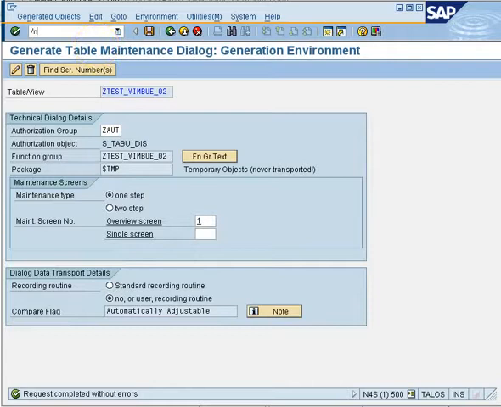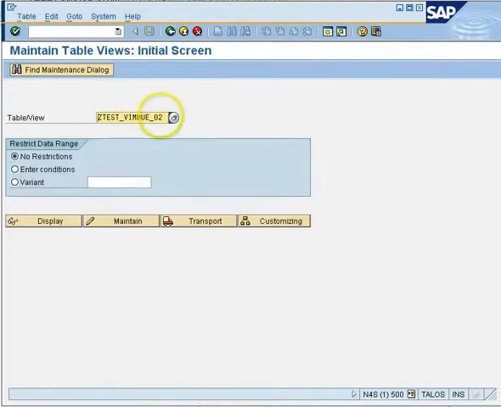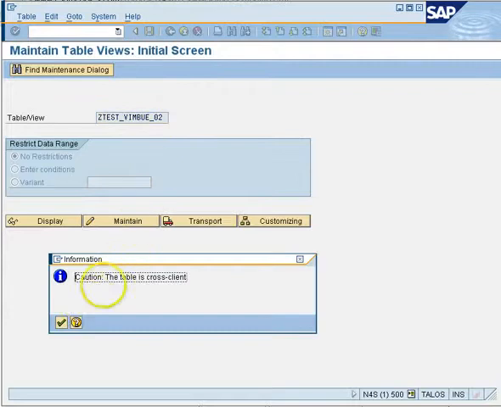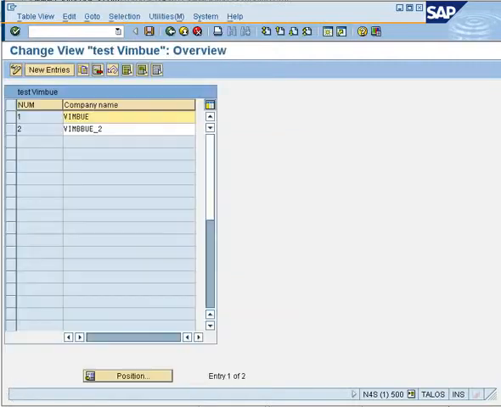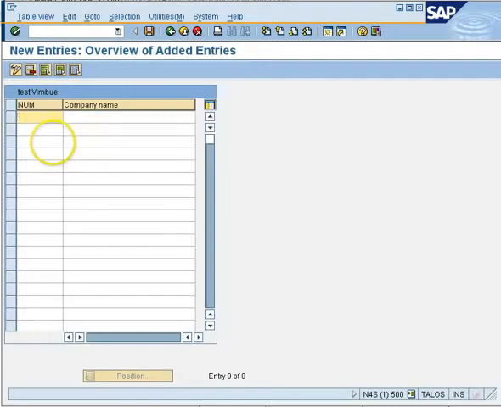Let us go to transaction code SM30, where you run all these maintenance generators. Now if you enter your maintenance generator name and press maintain, you are there in the maintenance environment. You can click on the new entries and you have your generator ready. If you say save,